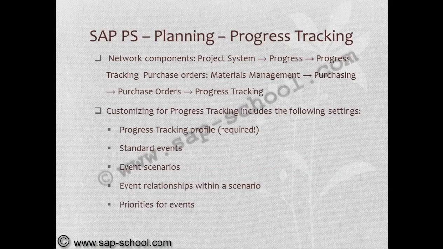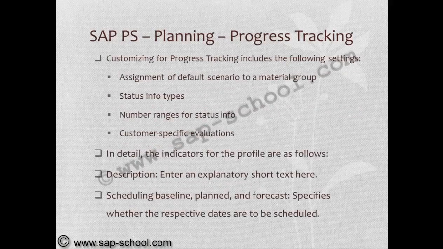If you see the purchase orders, under materials management, purchasing orders, and progress tracking, it has profile, standard events, event scenario, event relationship with a scenario, and priorities for events. And we have to do assignment of default scenario to a material group, status info types, number ranges, and customer specific